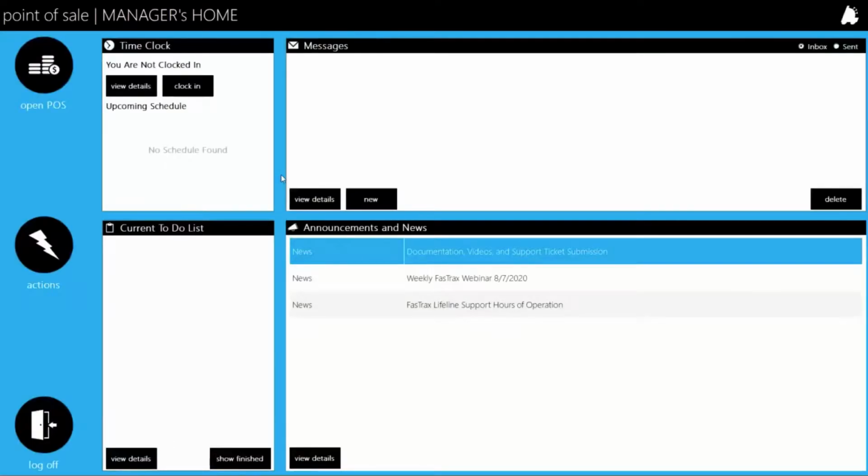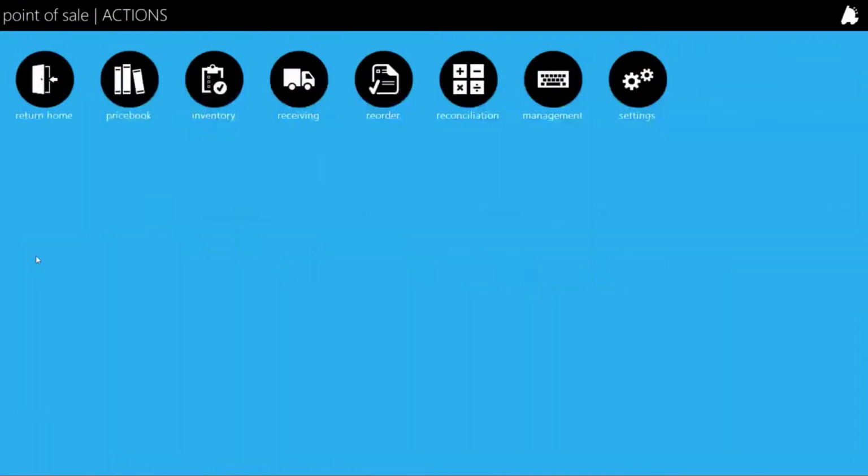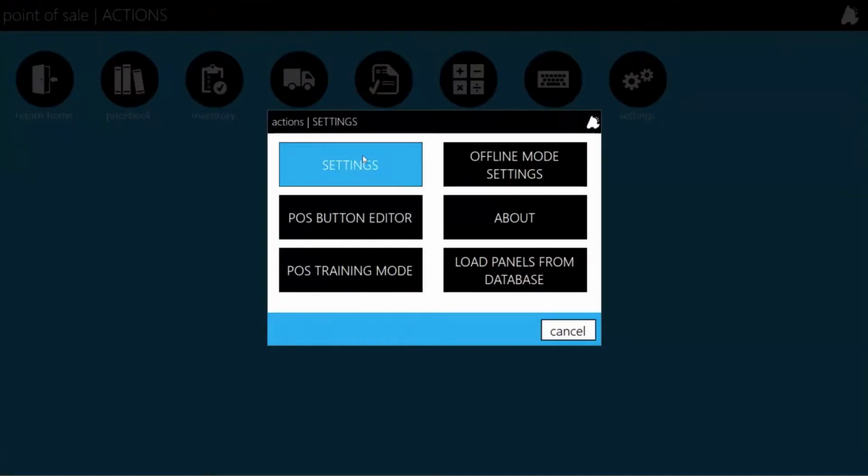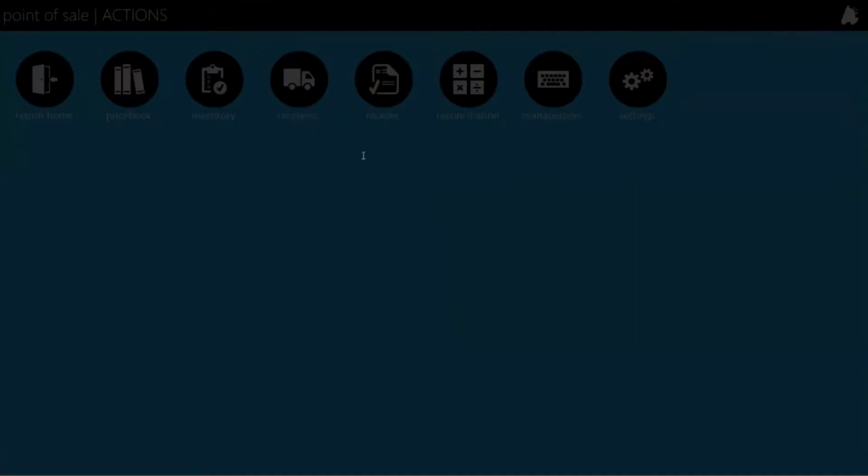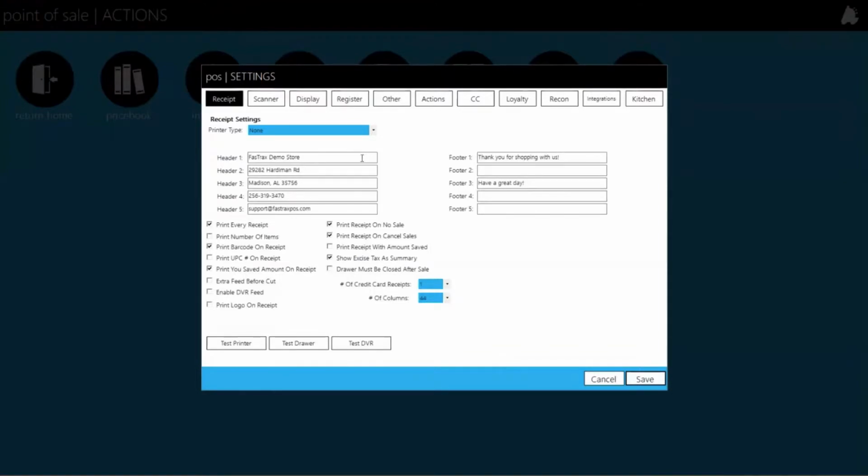All right, so to get to the POS settings, you're going to go to the Actions button, followed by the Settings button, followed by the Settings button. And today we're going to be looking at the receipt settings, the scanner settings, the display settings, and the register settings. So starting off with the receipt settings, this first area, this is where we're actually going to select our